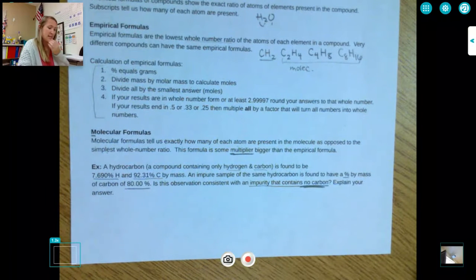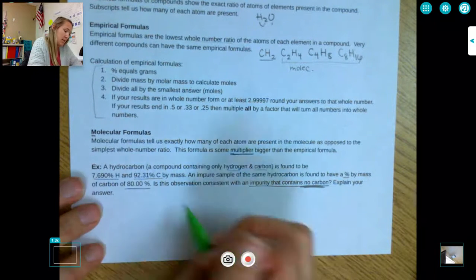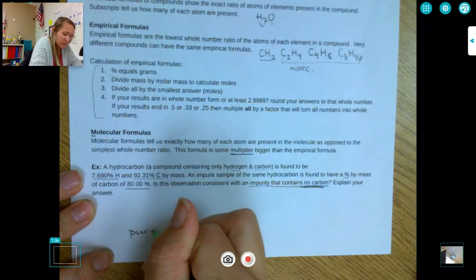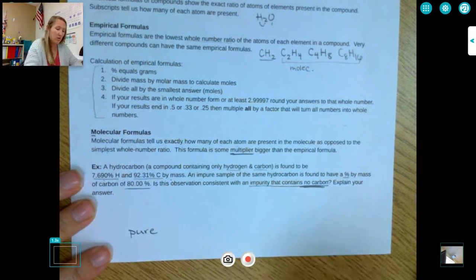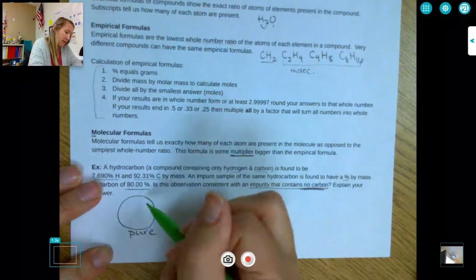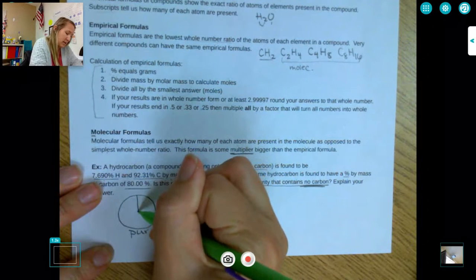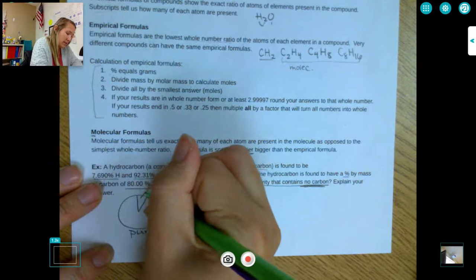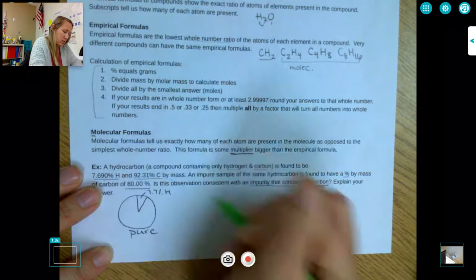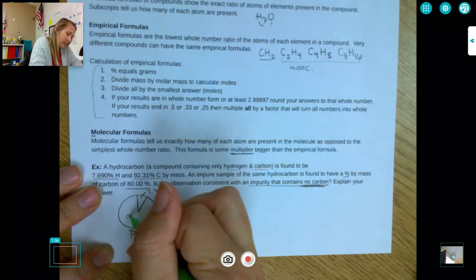So what is this asking us? It's asking about a pure substance versus an impure substance. So my original substance that is pure, and I like to draw pictures because I'm a very visual learner, is approximately 7.7 percent hydrogen,